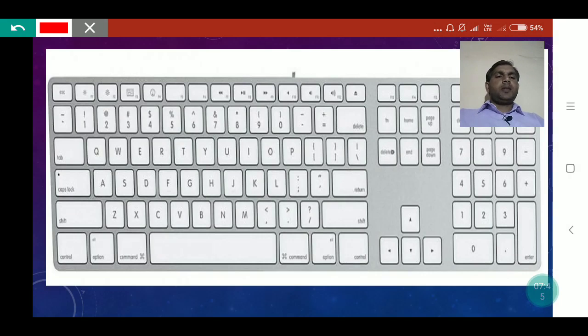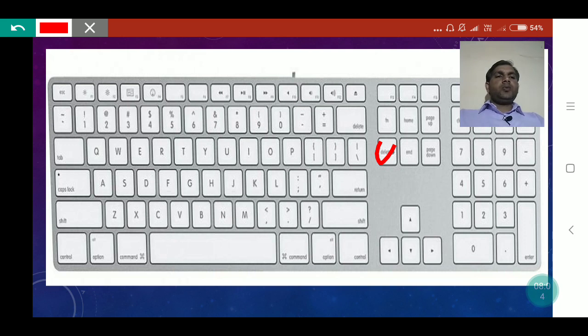These are special keys. The delete key, the Windows key, and the menu key are the special keys. And navigation keys.